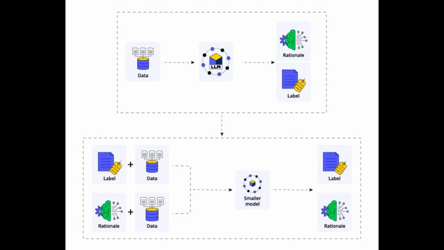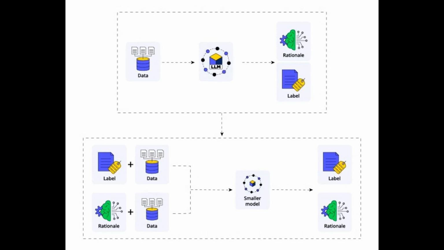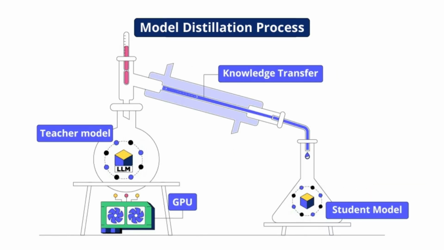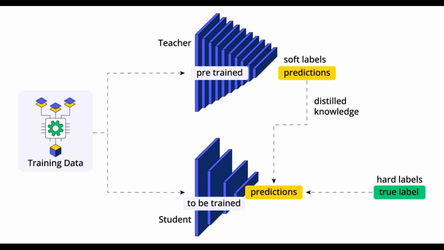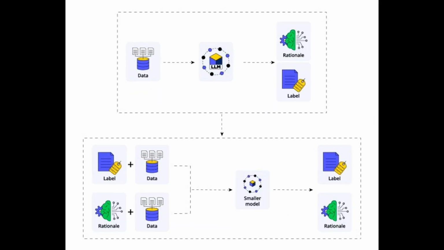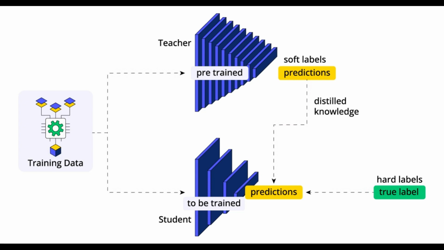Here's the big deal. The student model can become almost as accurate as the teacher model, but with far fewer parameters and a lighter memory footprint. That's super appealing for deployment in smartphones, IoT devices, or anywhere you need a smaller model that still packs a punch. So, what's the payoff of using a distilled model instead of a massive LLM?